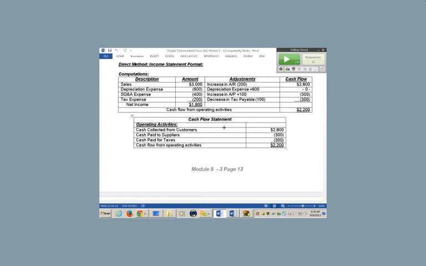So what financial analysts have been telling the FASB for years is that we want to be able to forecast cash collected from customers separately. We want to be able to see how much we pay to suppliers. We want to forecast that separately. And we want to see how much we pay for tax and forecast that separately, and then bring it together to get a better measure of future cash flows.